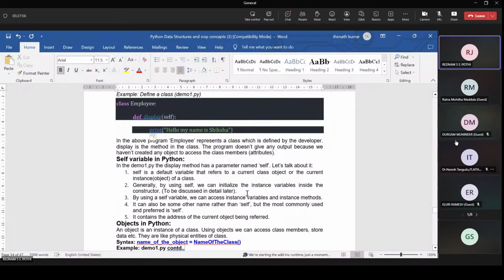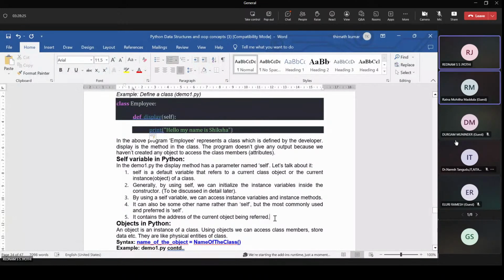A constructor initializes the instance variables of the class, and here the constructor is represented with the init method. The init method takes the first parameter self. By using the self variable, we can access instance variables and instance methods. It can also be some other name rather than self, but the most commonly used and preferred name is self.